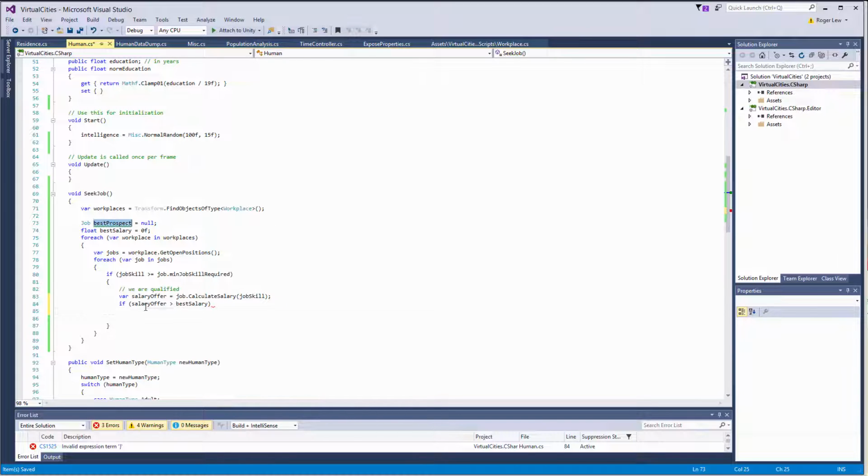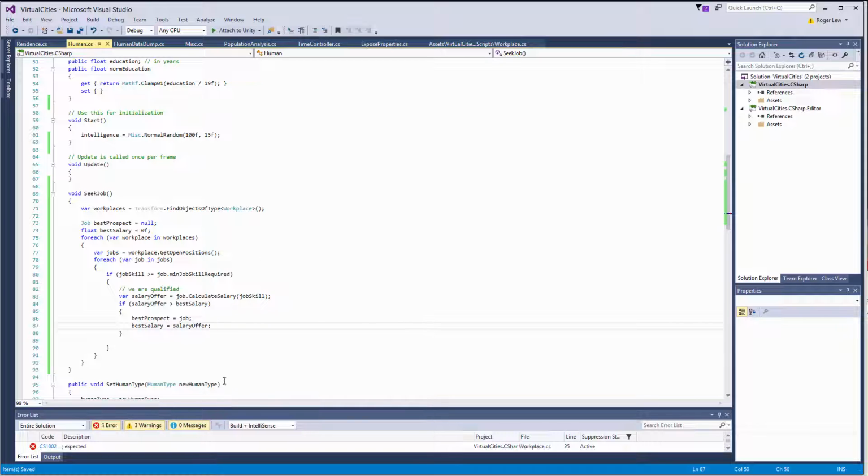So then we would do best prospect equals job, and that's from this loop. And then we also need to remember we need to update best salary so that we're making valid comparisons as